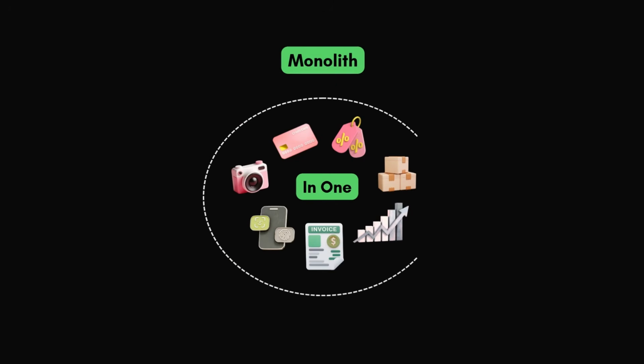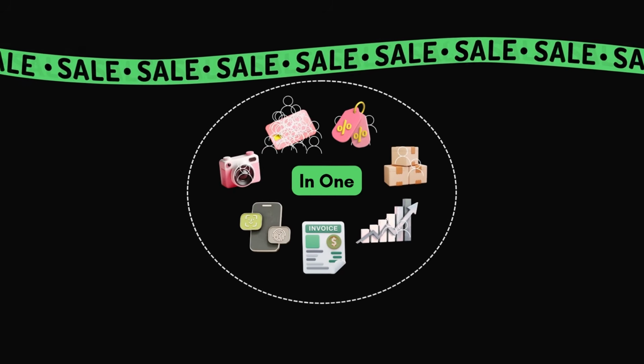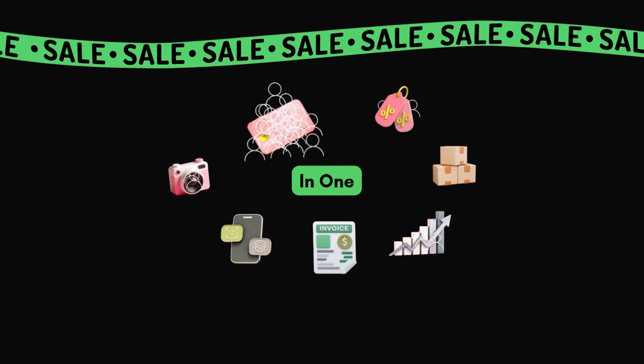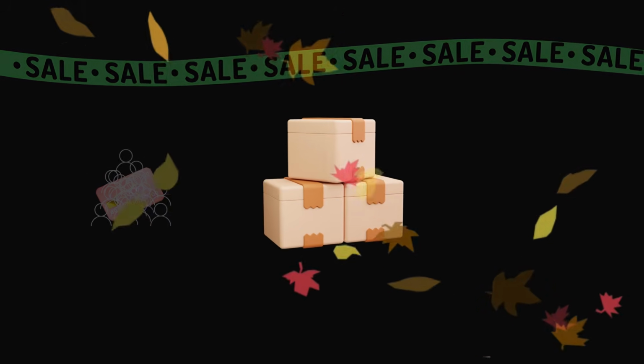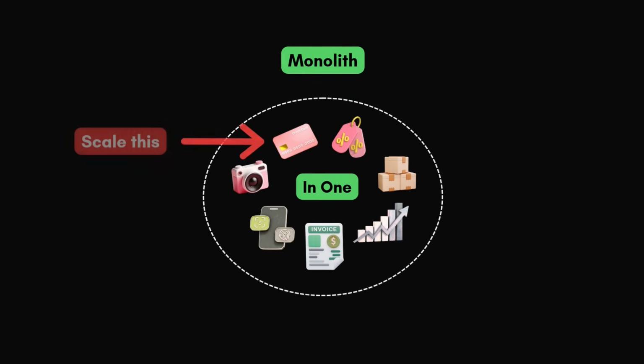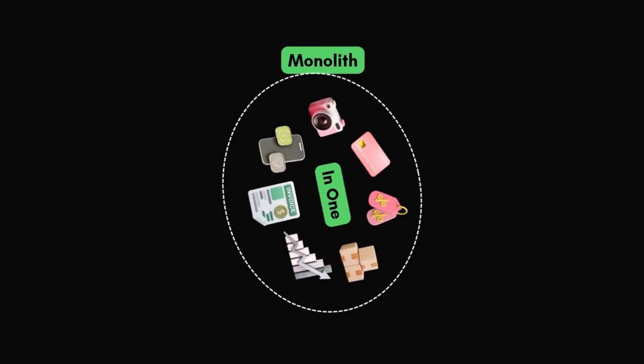But as the application grows bigger, scaling becomes less flexible. Maybe one day our payment system suddenly receives massive traffic during a sales event, but the inventory module barely gets used. In a monolith, scaling only one part independently becomes harder because everything is packaged together.